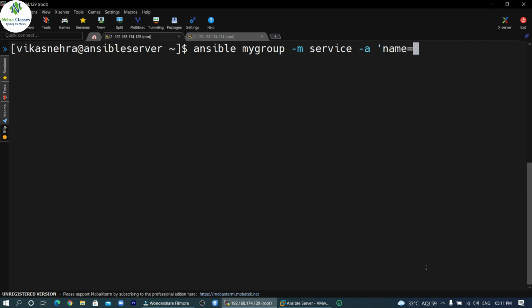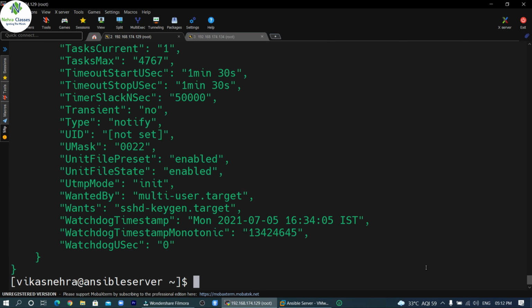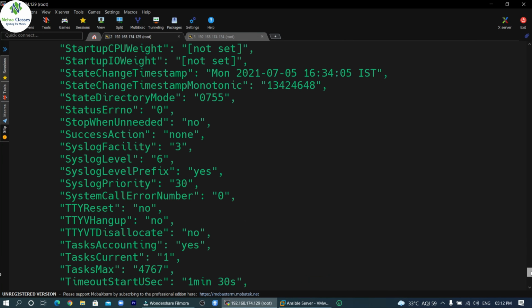I will mention the name first, which is sshd for SSH service. Then I will write state, and state should be started. So I will mention there started. I will close it, and after that I will mention --become because it requires sudo privilege or the admin privilege. And after that I will use option -u, and I can mention the name of the user which is Vikas Nehra. So this command will show us the status of the SSH service on the node machines.